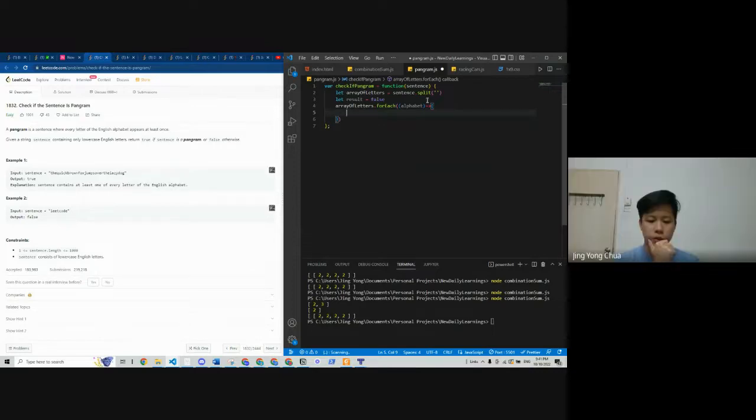So I'm taking one letter in, and then I'm checking that letter with A, B, C, D, E, F, G, and then if it matches, then I'll remove the letter. Then if I remove it, then that means I need to add alphabets.